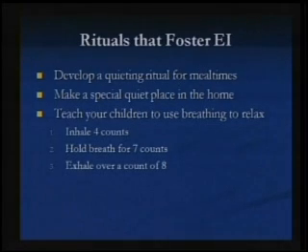Teach your children to use breathing to relax. The breath is the simplest way to relax. I've talked about that before. I'll talk about it again, no doubt. I've included on here a very simple breathing technique that children can be taught really quickly called 4-7-8 breathing. It's very simple to do. You inhale over 4 counts. You hold your breath for about 7 counts. You exhale over 8 counts. Very simple. It can be done anywhere, anytime. You don't have to close your eyes. You don't have to enter deep meditation. But just a few cycles of breaths done in that way can quickly calm down your nervous system.